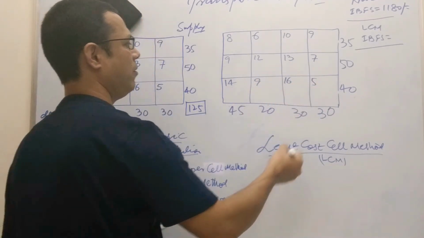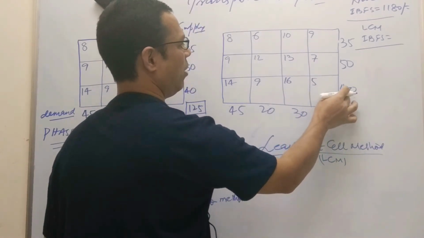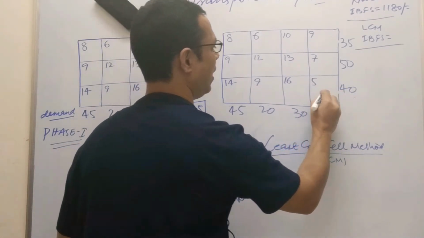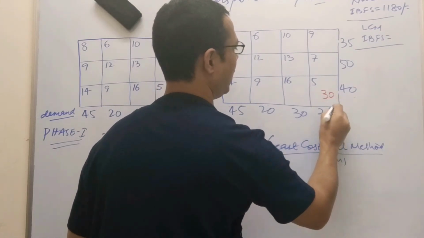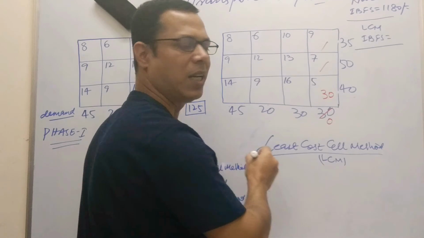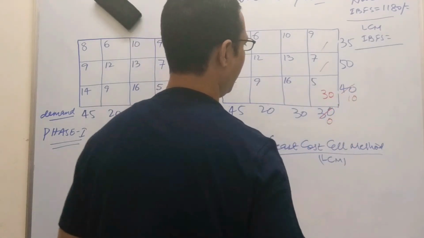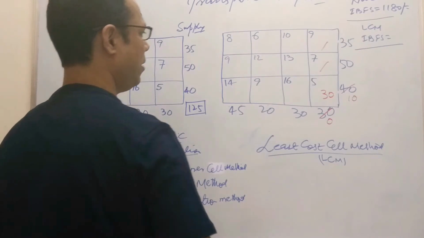So in these, first we will see which one is going to give this 5 as the intersection point. 40 and 30. So 30 will get shifted to this point. So this will be 0. So there is no demand. Finished. And at supply 10 are left. Now one step is finished.